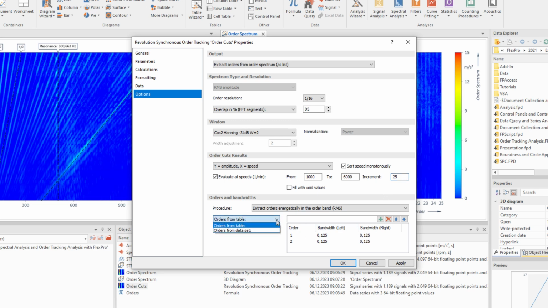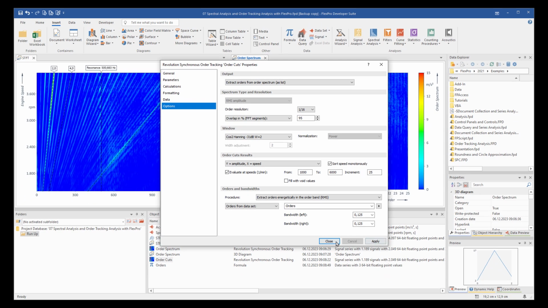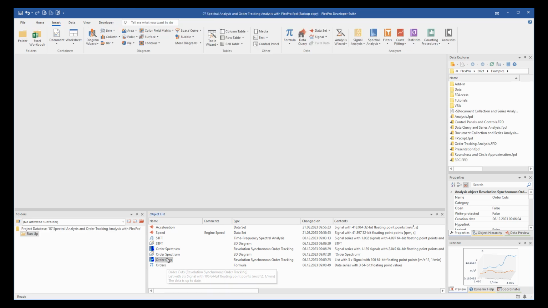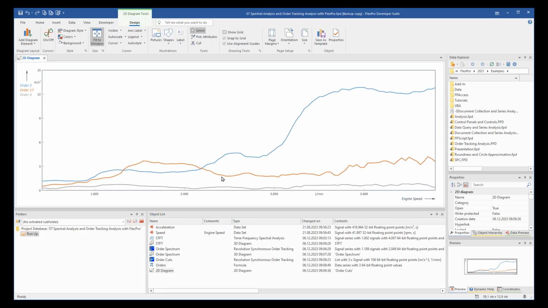Orders from dataset, Orders. I present this in a 2D line diagram named order cuts with curve connection line type step line.